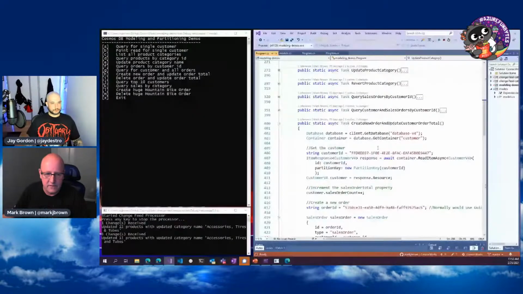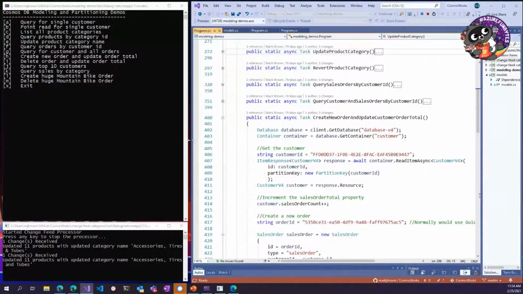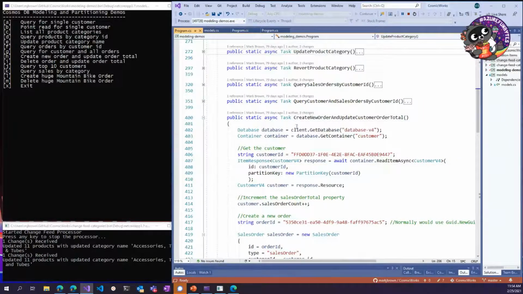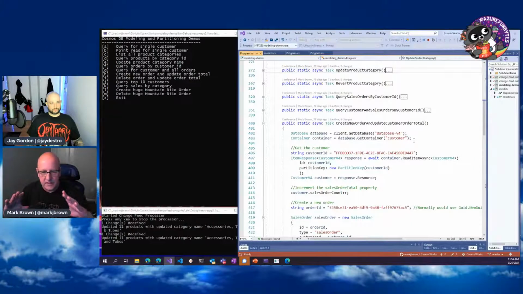So we have this new feature called Transactional Batch in Cosmos DB, and I want to show you how that kind of works. So I've got a customer table where I maintain a count of how many orders that customer has made. Now, all of my customers and my sales orders, I store in my customer container. And the reason is because both customers and sales orders have the same partition key, which is customer ID. So my logical partition has one customer document and then all of their sales orders within there. What this does is this lets me put a transaction around when I add a new sales order that allows me to both simultaneously update the number of sales orders they've made every time they create a new sales order.